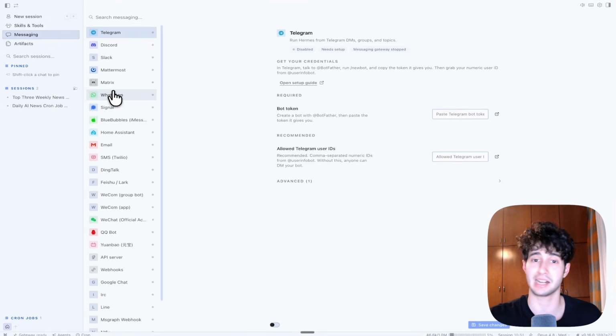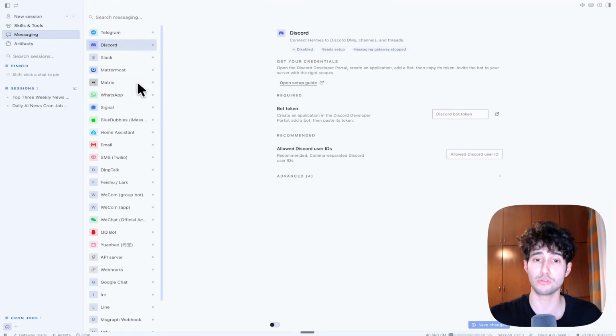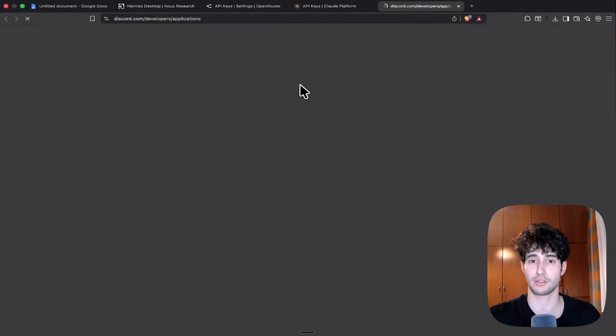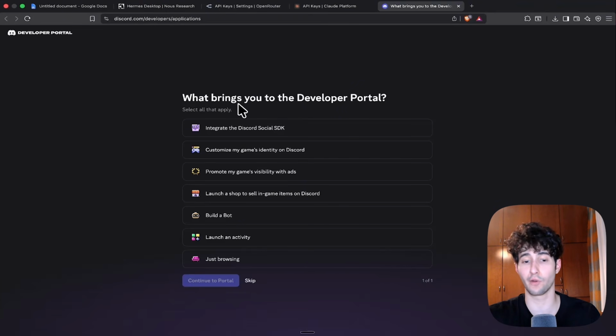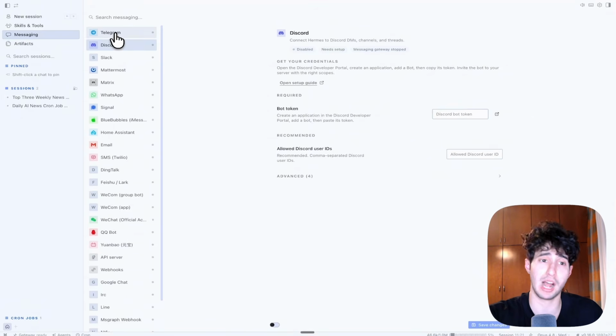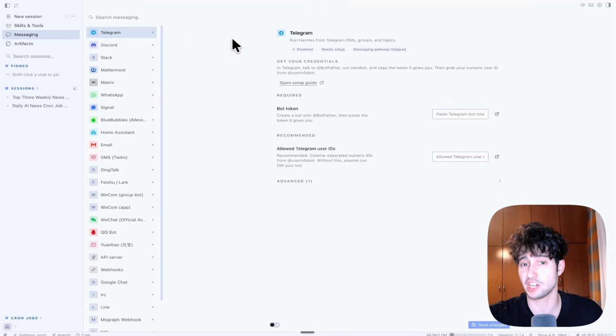And what I really like about this is that next to each one of these applications, there exists an open setup guide button, which if you actually click on, it will give you a full detailed step-by-step guide on how to set up that connection. Now, just to make this simple for you, I'm going to show you the most used connection, which is Telegram,